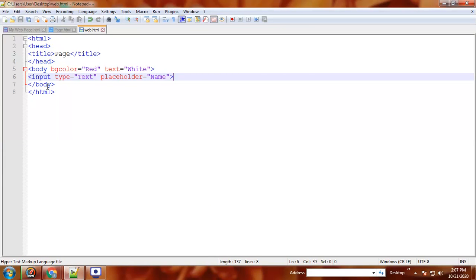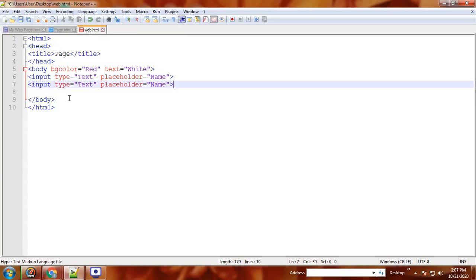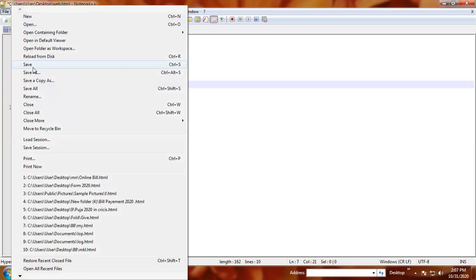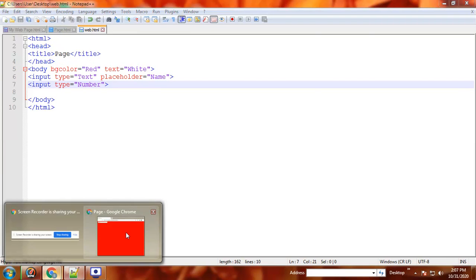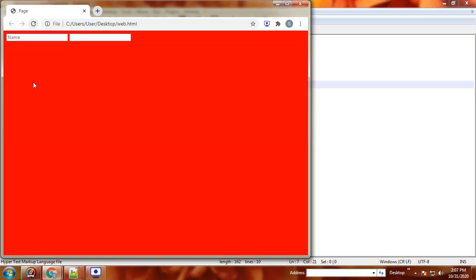Again, if you want to give a number, then input type equal to number. So file, save, refresh.